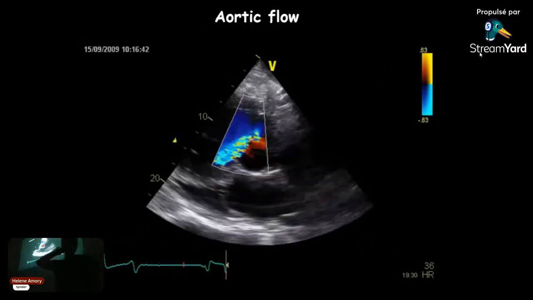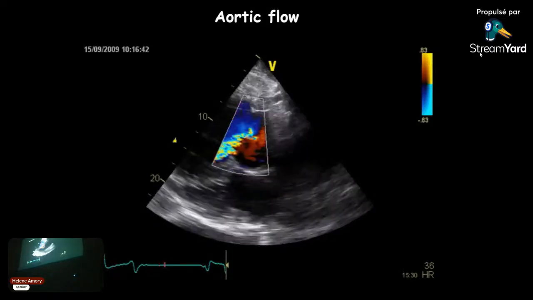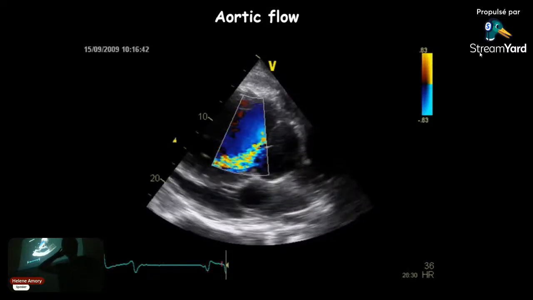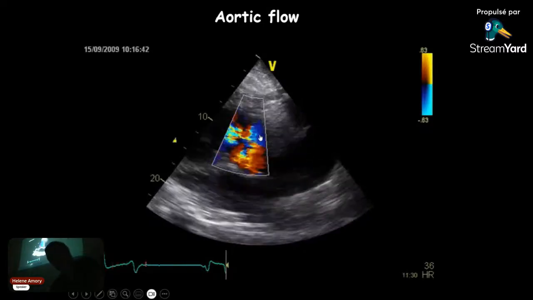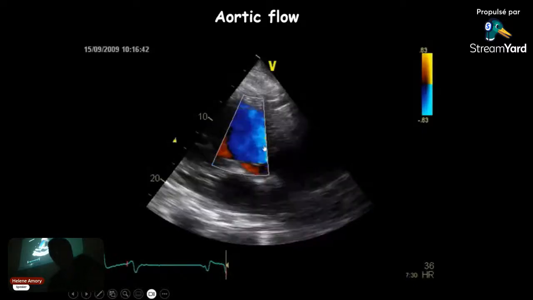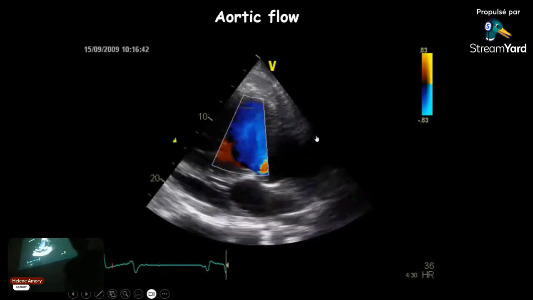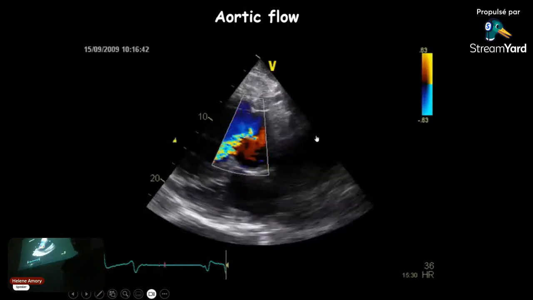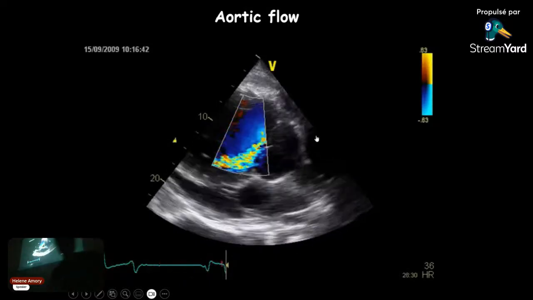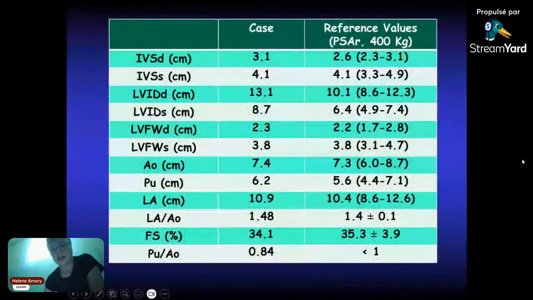And this is the aortic flow. You see there that the diagnosis of aortic insufficiency is confirmed, okay? You see the insufficiency is here along the septum, okay? But it's moderate to severe, maybe, but it's localized in the ventricle. It doesn't take all the depth of the ventricle, finally, okay? If you measure the speed of the regurgitant flow, it's pretty high, okay?